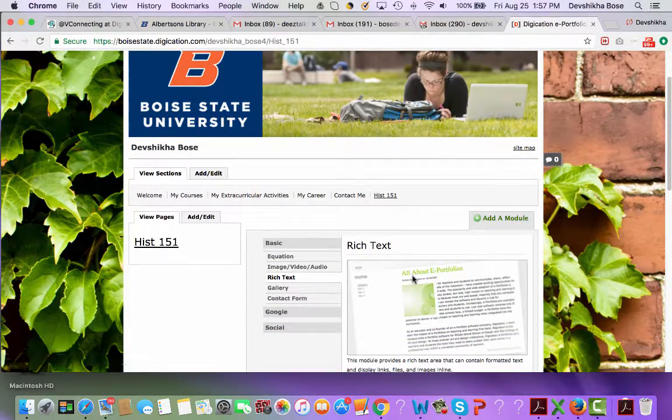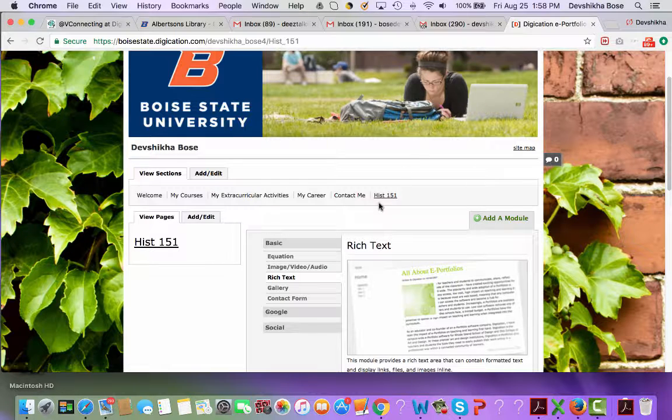So this instruction is for students who do not already have an ePortfolio. After this instruction, I'm going to show you what you're going to do if you already have a portfolio and you want to enable your class 151 to see that existing portfolio. Okay, so now we are back to instructing students who do not have a portfolio and are creating one fresh